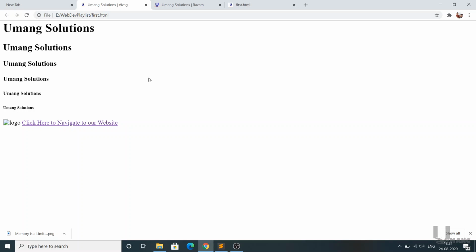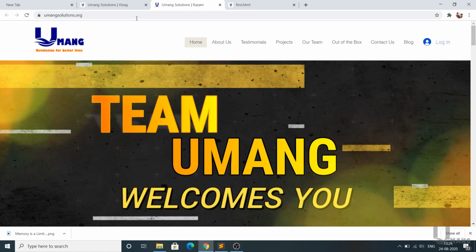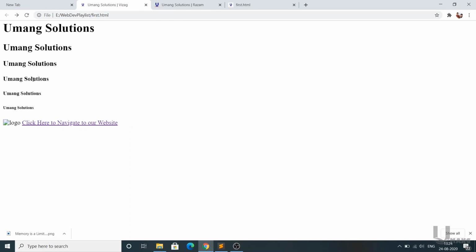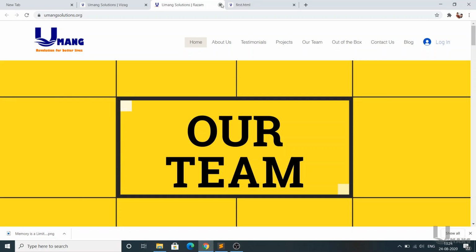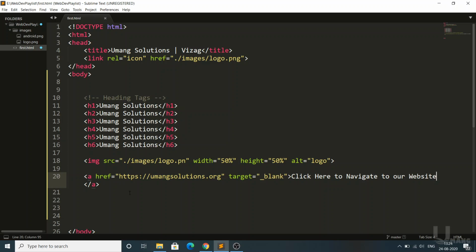For a basic example, if anyone wants to see our website, and we keep our link in it, our Umang Solutions website gets loaded, but they will forget about the website which we have created, searching on the new website which we have linked. For example, if I link google.co.in, they will be searching on google.co.in instead of coming back to our site. In the last example, I had to click the back button, but here it is not necessary. They can just change the tab, and our tab will not be closed. So that's the main advantage of using the anchor tag with the target underscore blank attribute.